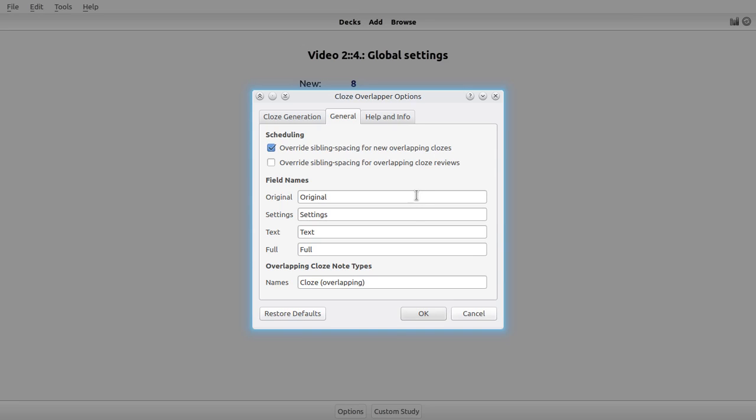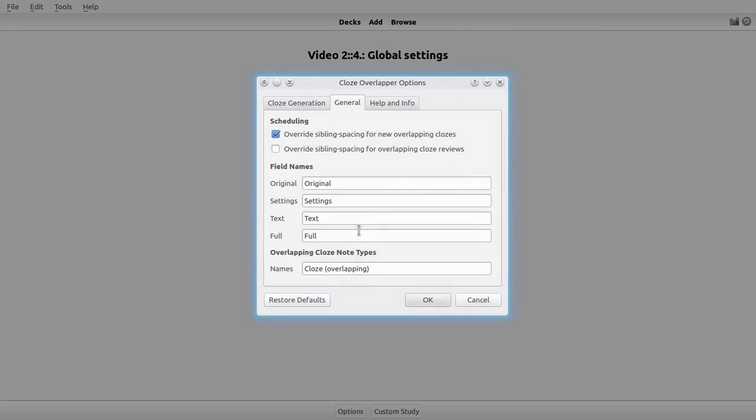Okay, as far as these other options here are concerned, you first have a number of field names that you can customize only by using this options dialog, and that's because the add-on needs to know which field name is assigned which function. So if you'd like to translate them to your own language or do anything else, you can use this dialog right here to rename them. And the last option allows you to define a number of additional